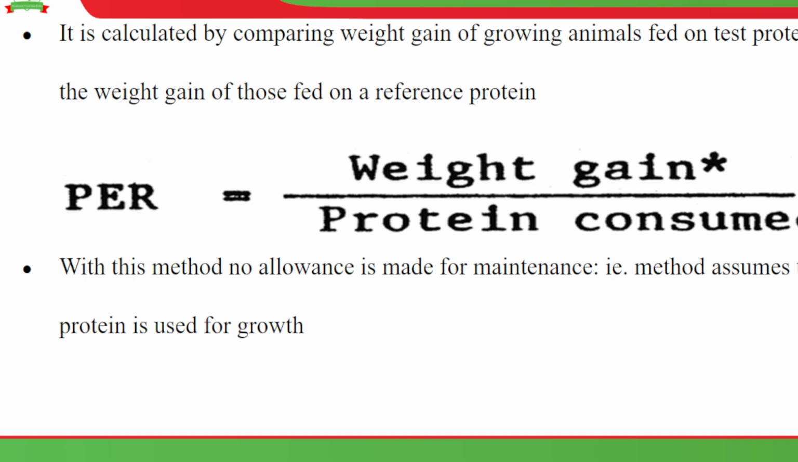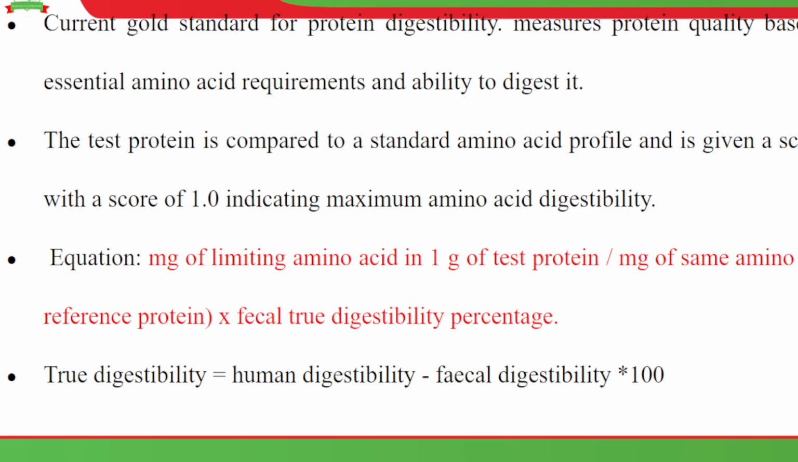With this method, there are no allowances made for maintenance. The method assumes that all protein is used for growth, so nothing like maintaining tissue repair and everything. All we know is that all protein goes to increase your growth, increase your weight as well. So that was that. And then we get into what we call the protein digestibility corrected amino acid score,